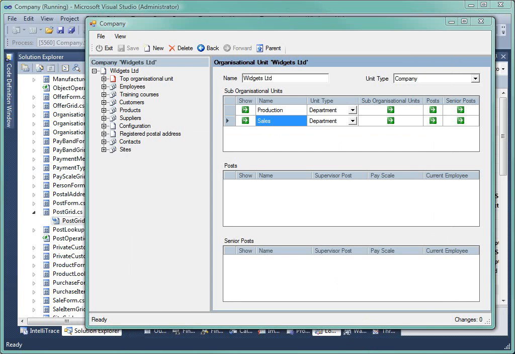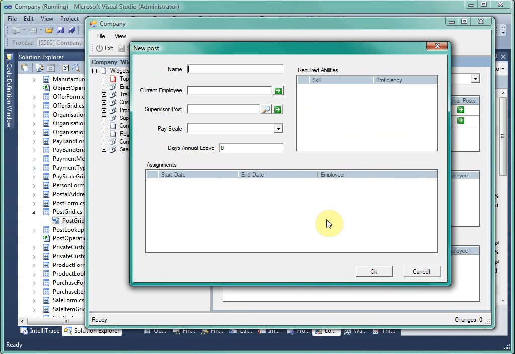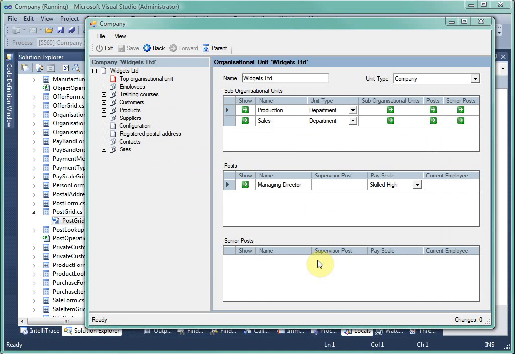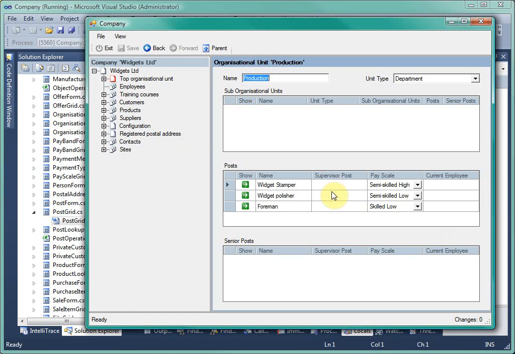Back in the top unit, I'll create a single post. This will be the managing director, and it will require advanced project management. Well, I'll just pause recording now and complete the organizational hierarchy and the roster of employees. Right, that's done. If we now look at the production department, you can see the three posts that I created,